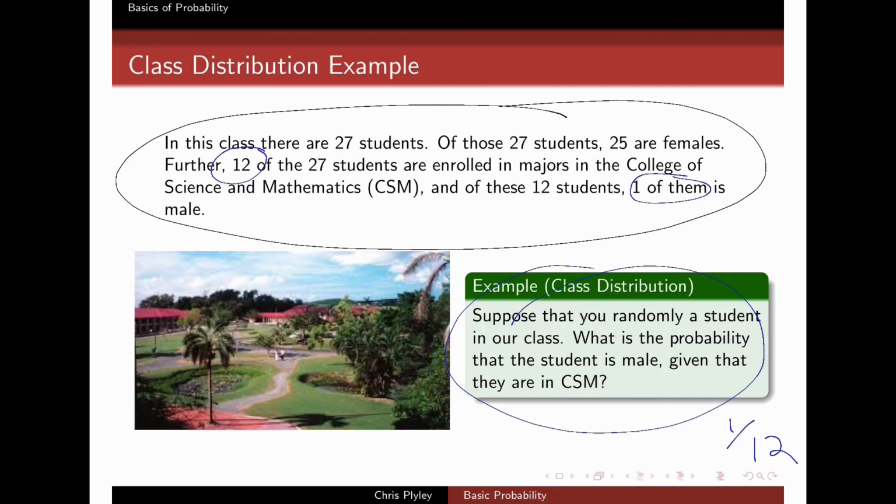I have a big, wide collection of data. Sometimes I only want to consider the male portion of it. Sometimes I only want to consider the females. If I'm studying GPAs, maybe I only want to consider the high GPAs, the low GPAs, whatever it is, right? Reducing our sample space is a common way of analyzing our data, and when we do that, all we're really doing is